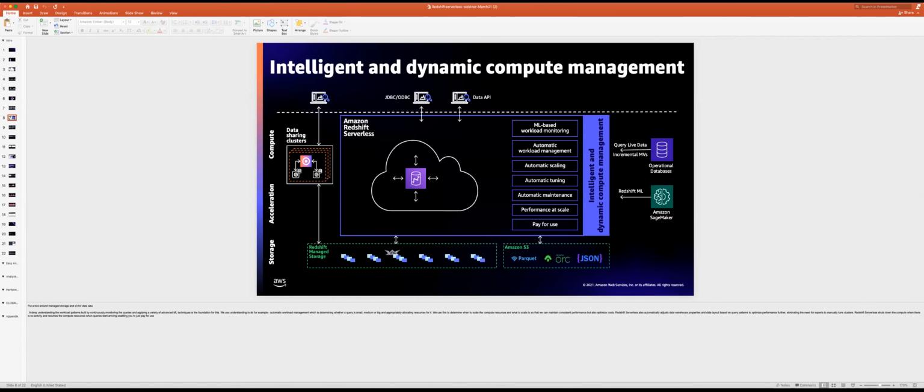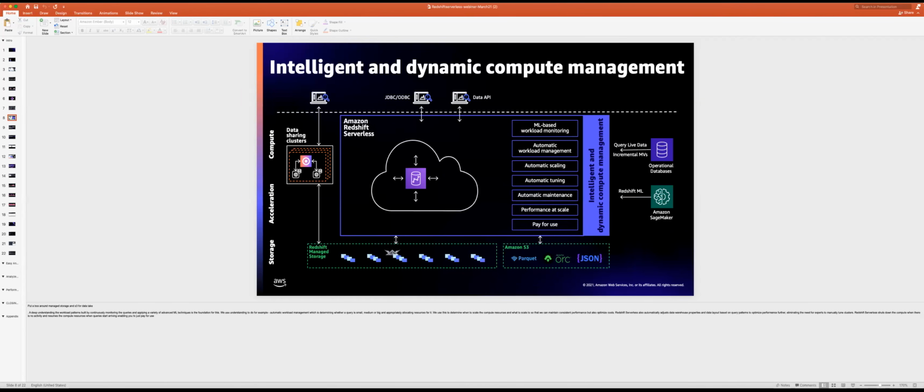But more and more with the data also residing in the data lake, the use cases are expanding to not just query the data in the data warehouse, but also combine it with the data from the data lake or from the operational data sources. So typically you have data in these multiple sources along with your data warehouse and you're trying to bring all of them together. So that's one way to think about it.